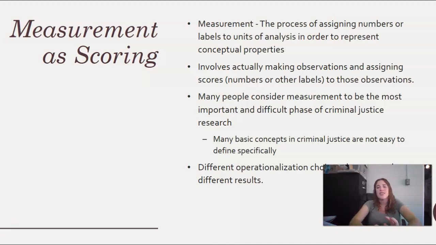So everyday examples of measurement, or measurement of scoring, would be things like having a number or letter grade assigned for your writing assignment. Getting an 88 on your writing assignment tells you that you got a B+, which means you did some things wrong, but you did most things right.